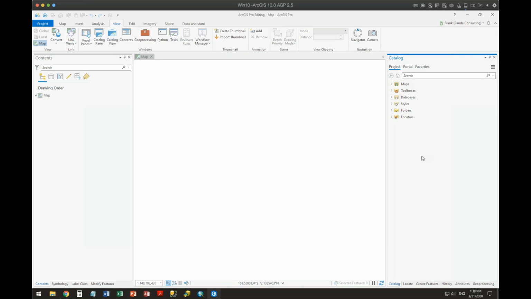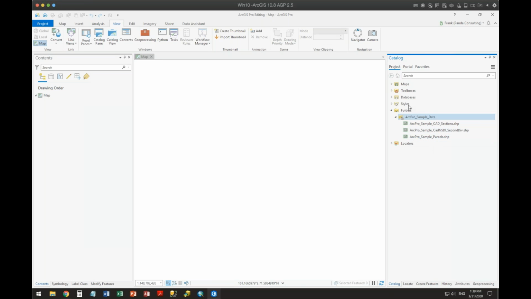It's similar to the catalog window that used to be in ArcMap. And I had connected to a folder when I made my map document. It made a connection over to that folder, which I called ArcGIS Pro sample data. And you'll note it's there. When I open up that folder, I see here are the shape files that Nancy has given me. These are the shape files that I have.